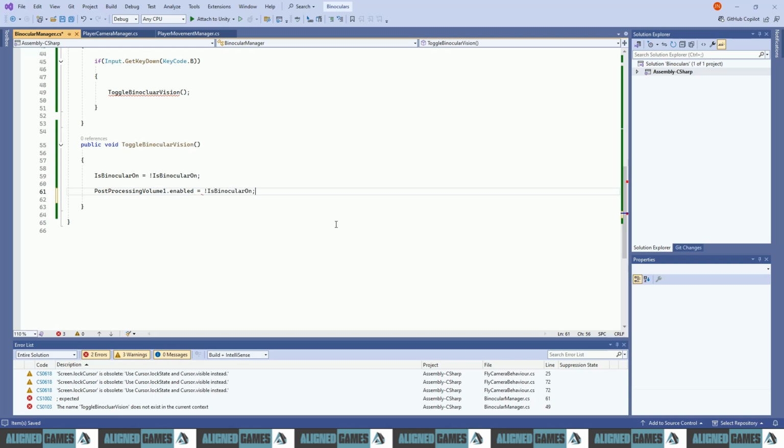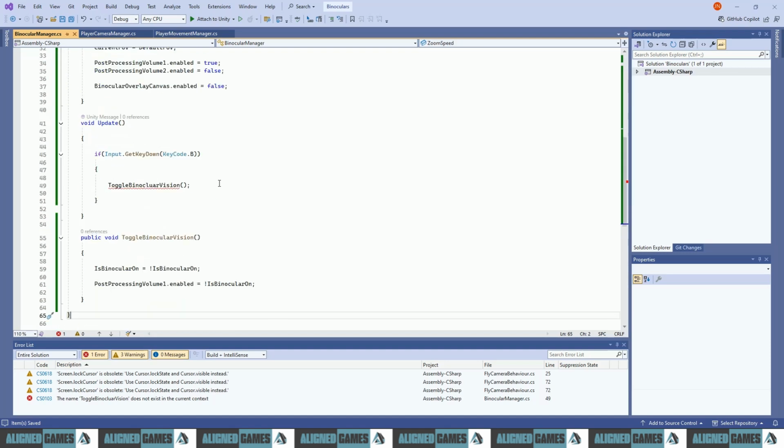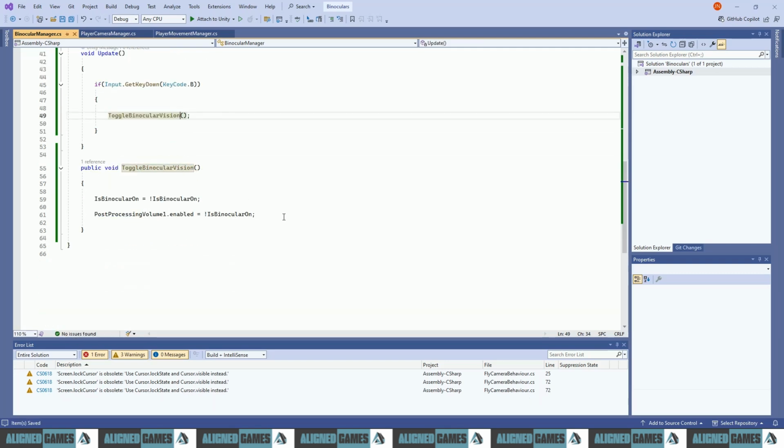So yeah, that's what I wanted to do. So the enabled value of volume 1 is toggled to the toggle of the binocular. Because we fixed the spelling. Okay, so if the binoculars are on, then volume 1 is on, and we're going to do the same thing